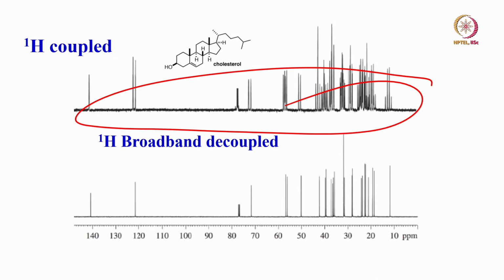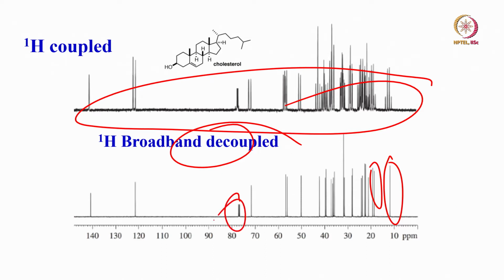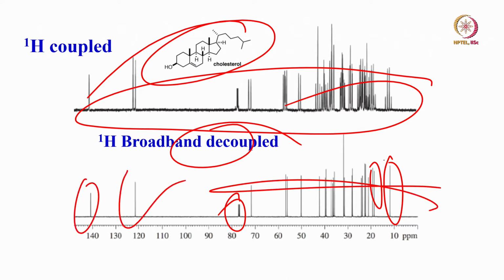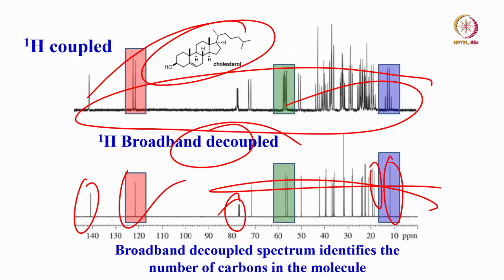So in a complex molecule which I showed you, a cholesterol molecule which is so complex, how do you simplify now? Do the broadband decoupling. What is the advantage? Each peak here corresponds to one carbon. Measure the number of peaks present here, except this one, which is the solvent chloroform. Then you can find out that many carbons are present in this molecule, if there are no other heteronuclei coupled to it. So in this case, there are no other heteronuclei, fluorine, phosphorus, etc., which are coupled. As a consequence, just count the number of peaks, 1, 2, 3, like that. That many carbons are present in the molecule. That is the easiest way to understand.